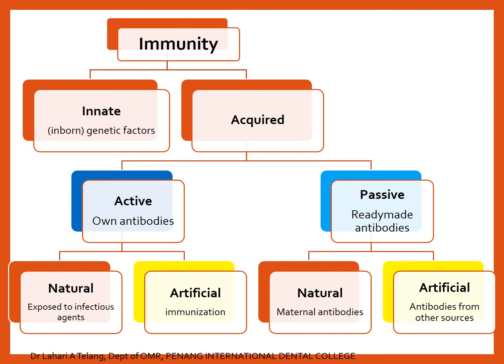Active immunity is when you develop your own antibodies, which could be natural by getting exposed to infectious agents, for example, when you have an exposure to a viral infection, the body develops antibodies and hence gets natural acquired immunity. On the other hand, immunity can be acquired by artificial methods like immunization,